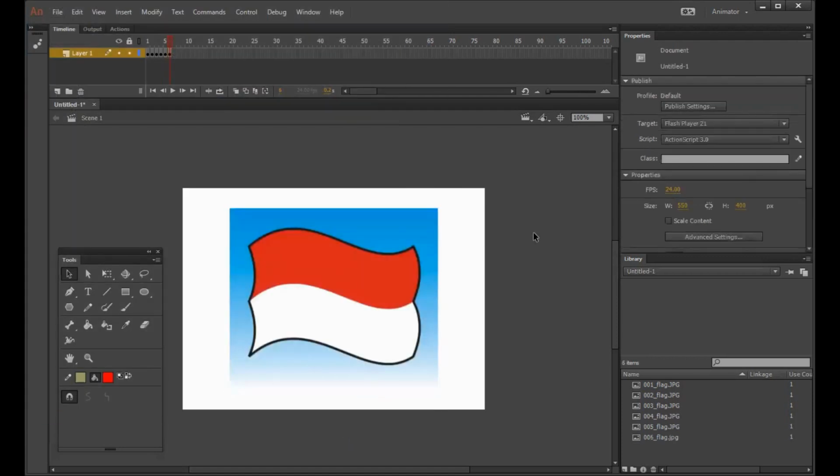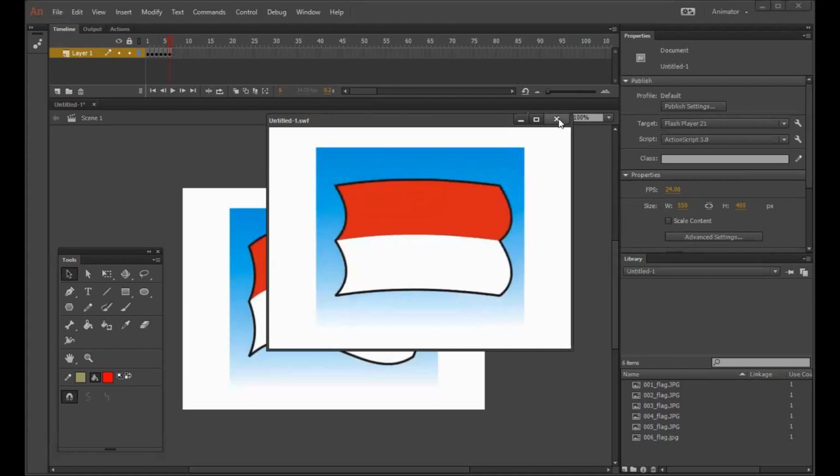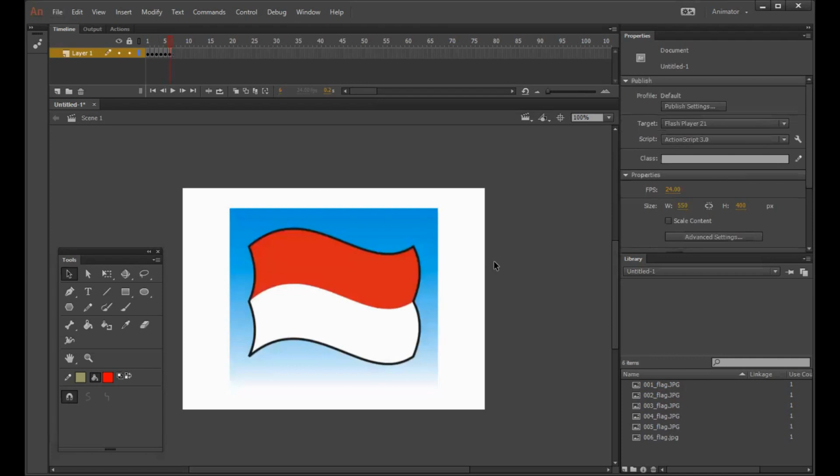Okay, that's it. If we want to see, Control Enter. Okay, look like this. If we want to make it slower or more smooth, we can change the frame rate, maybe 12, I think, and then Control Enter.